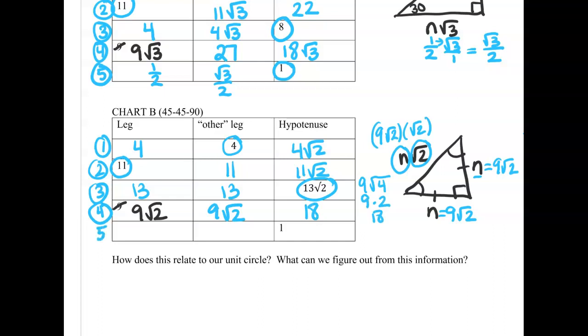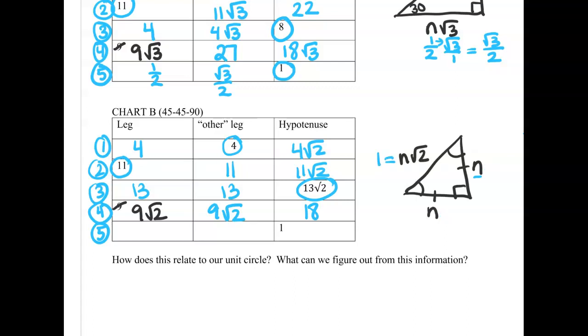All right, and then for our fifth and final, we're going to look at this last one where they say the hypotenuse is equal to 1. So again, a little equation will help us. The thing that's n rad 2 is supposed to work out to be 1. So what does it mean if n rad 2 is equal to 1? If I divide by the rad 2 to get n by itself, it means that n is equal to 1